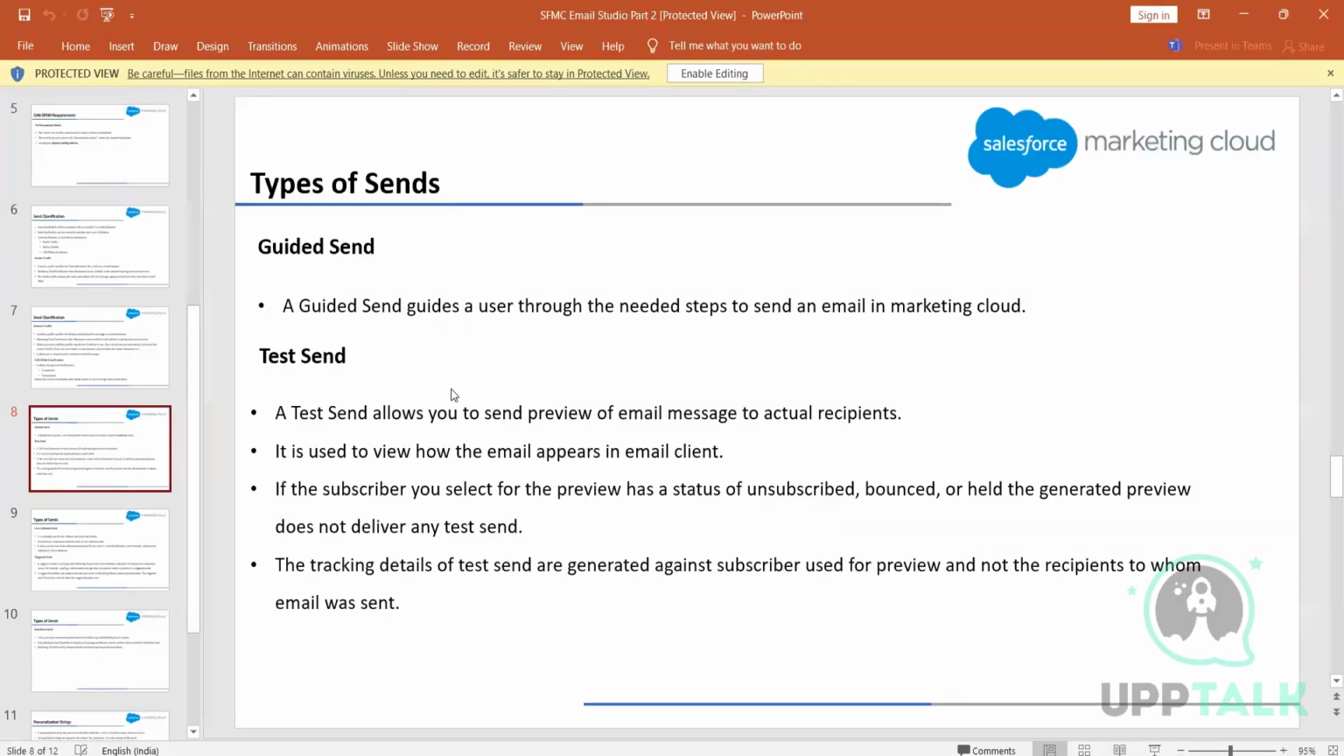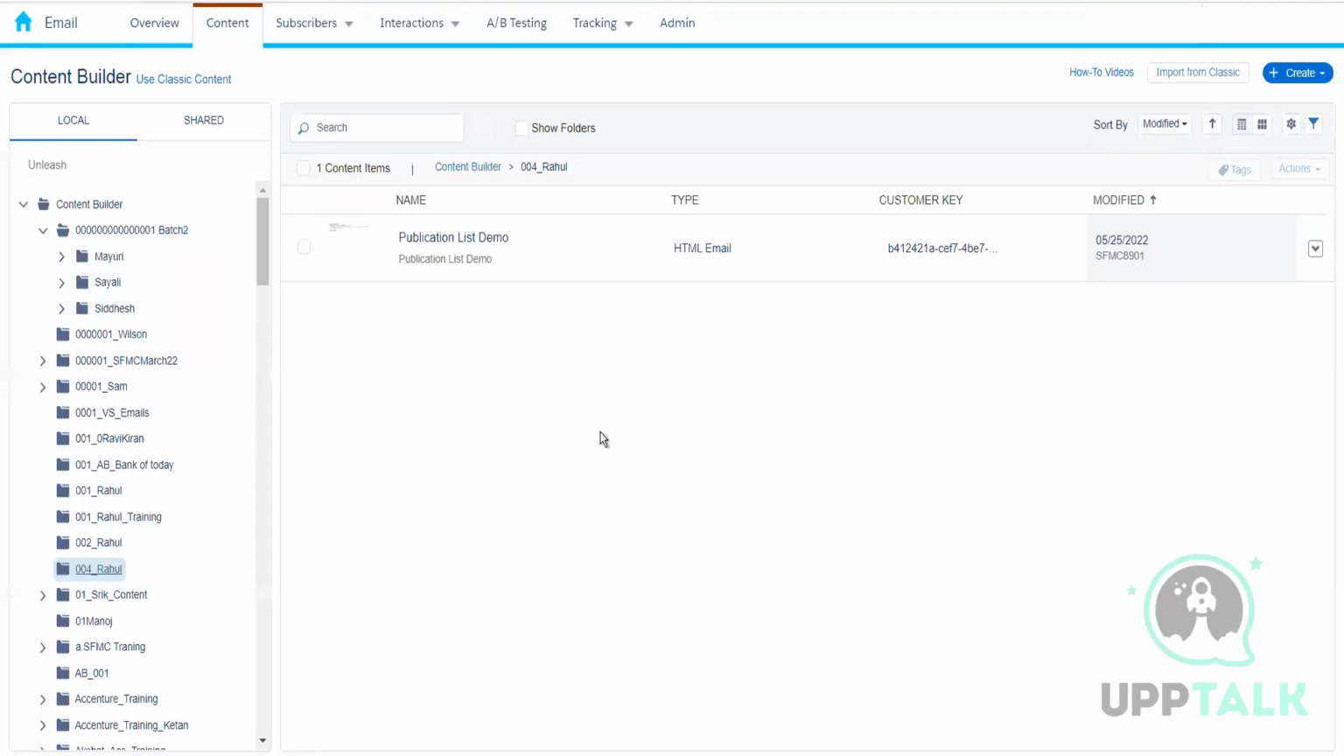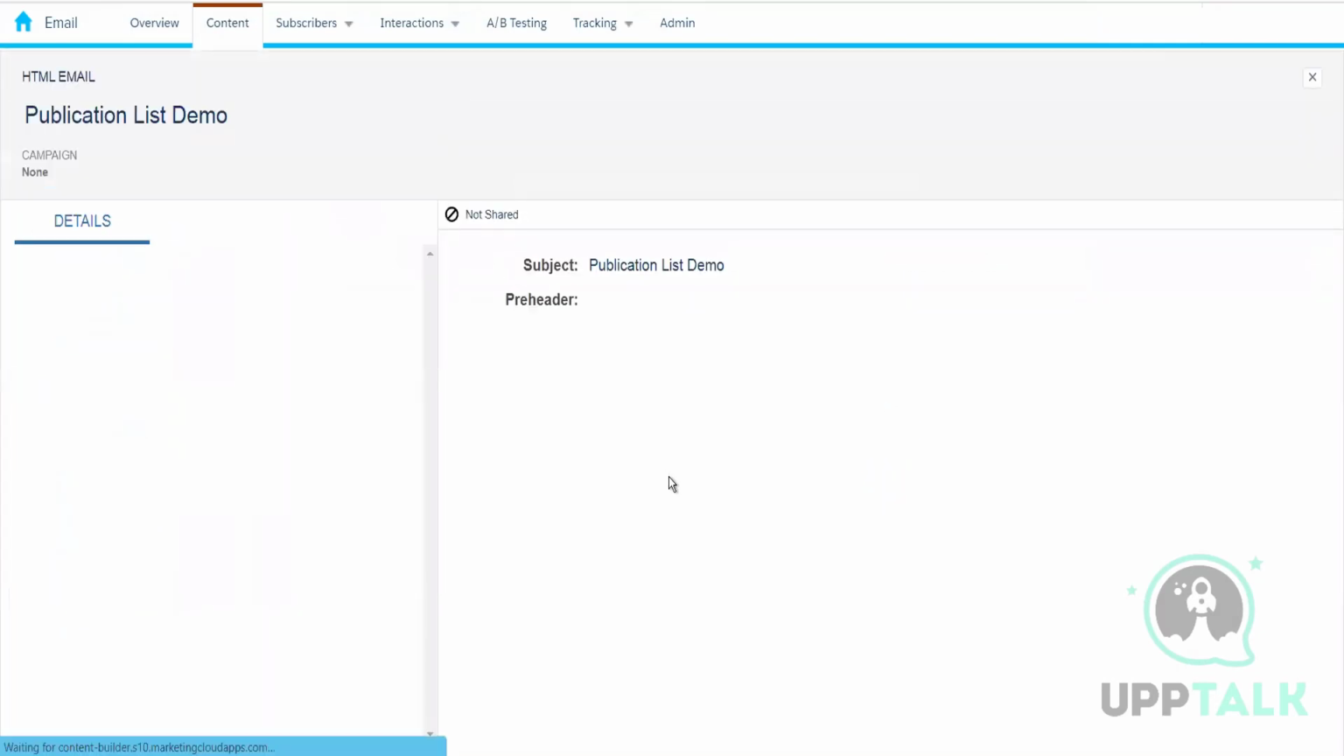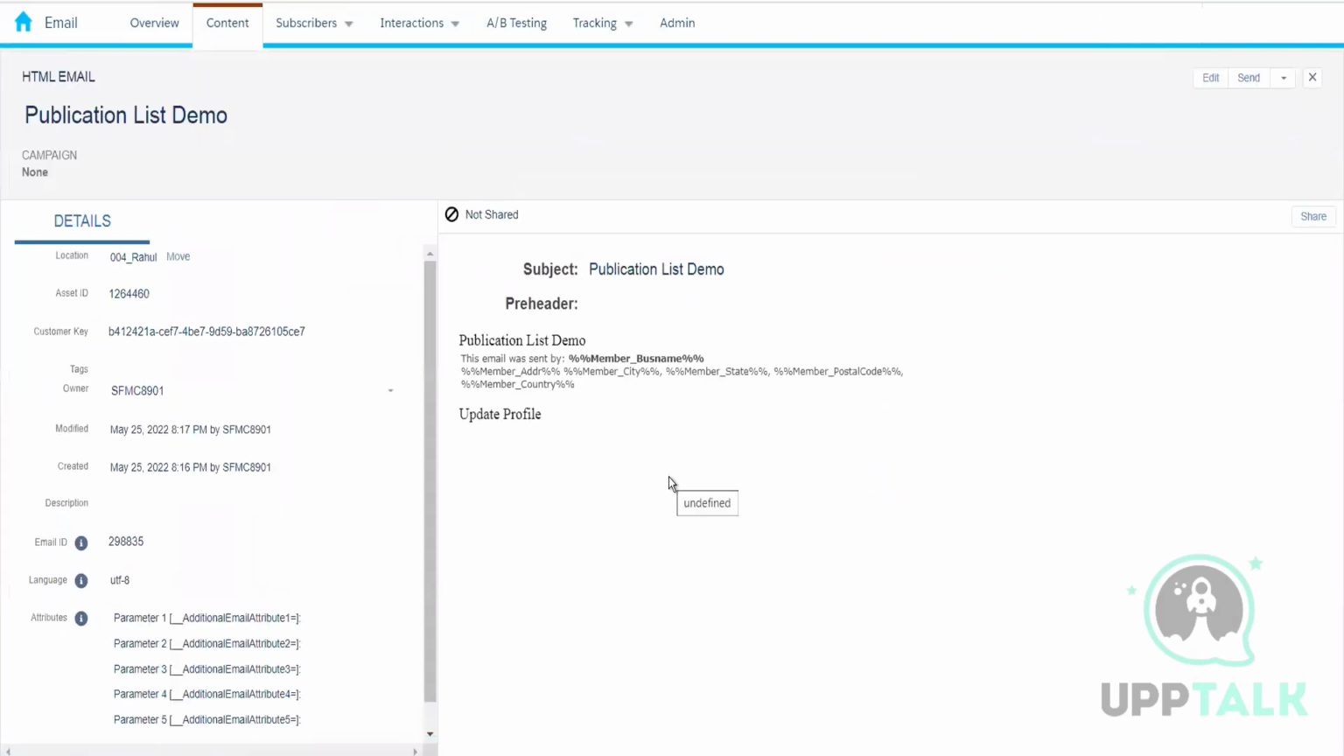Next we have the test send. Test send is used for our internal purposes, right? As the name says, test send means we are sending this email for testing purposes. Now, what are we testing? We are testing, okay, this email looks good in my Marketing Cloud tool or in the preview, but I want to check what it looks like on my email client,